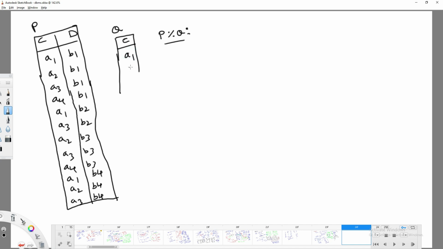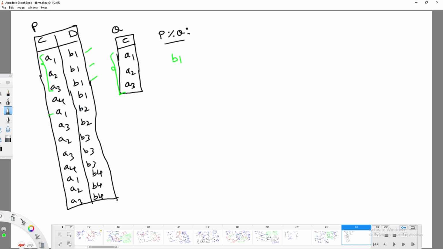You have to clearly understand the situation. As I said, this should be common for the same set of attributes. If you take A1, A2, A3, which are related to B1, is it satisfied or not? The condition is satisfied, so in the result you get B1. If you take A1 for B2 and A3 for B2, what about A2? The result should be the same, so A2 won't come, so B2 won't come in the resultant relation.